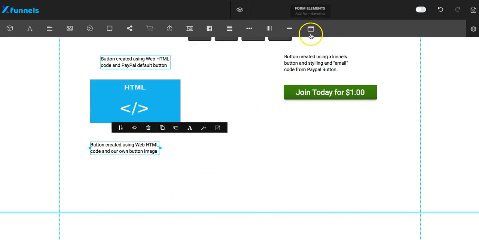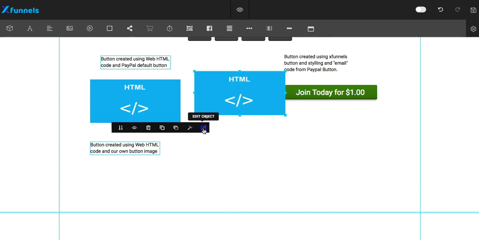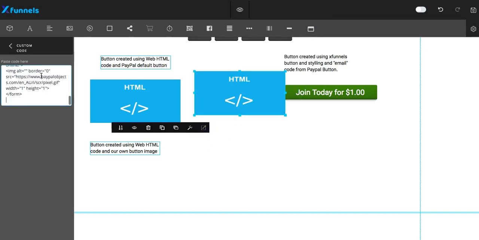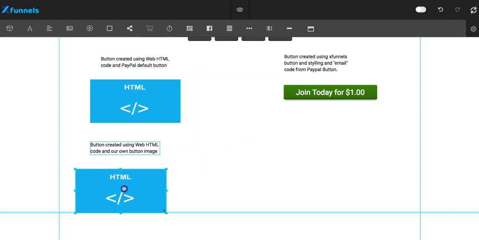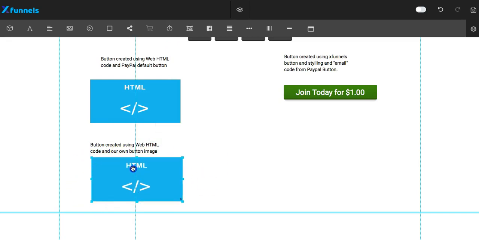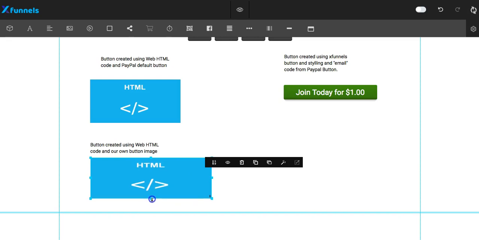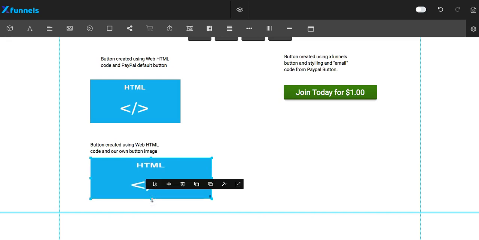So we'll go through that again. If I grab that, we're grabbing custom HTML, we're editing that, we're putting our code in. Nice and simple, it's pretty quick. Throw in your button. Probably one of the hardest things is not knowing how big this box is going to be, so you're just going to have to muck around with that a little bit yourself, because it's hard to preview that code. You might need to make it wider or longer. You just need to play with that. So that's now the new image. If I save that,